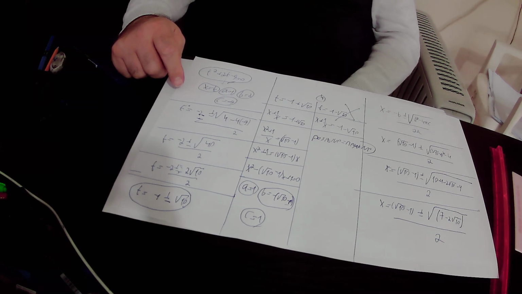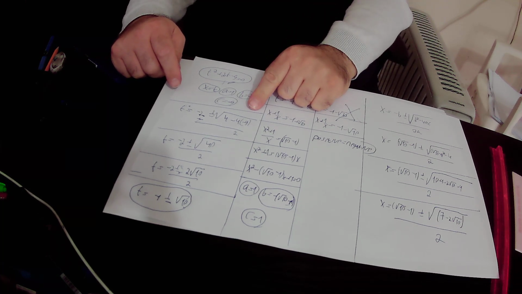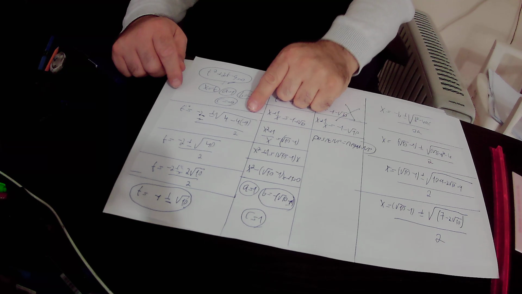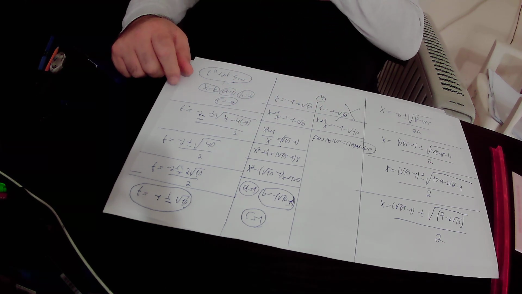b equals 2, so minus b is minus 2, plus minus square root of b squared minus 4 times ac. So b is 2, so b squared is 2 squared, 2 squared is 4, minus 4 times ac, 4 times a is 1, and c is minus 9, so it is minus 4 times minus 9 is plus 36, divided by 2. So inside the brackets we have 4 plus 36, that is 40, all divided by 2,